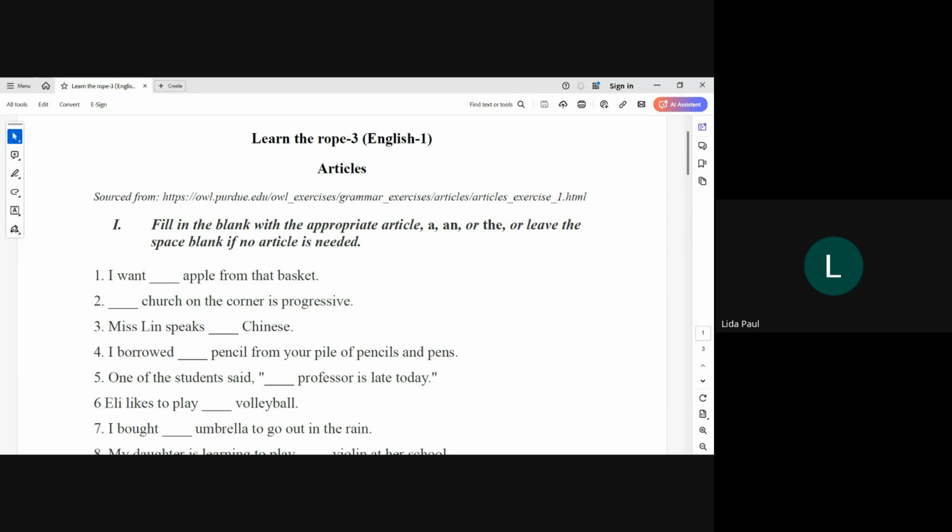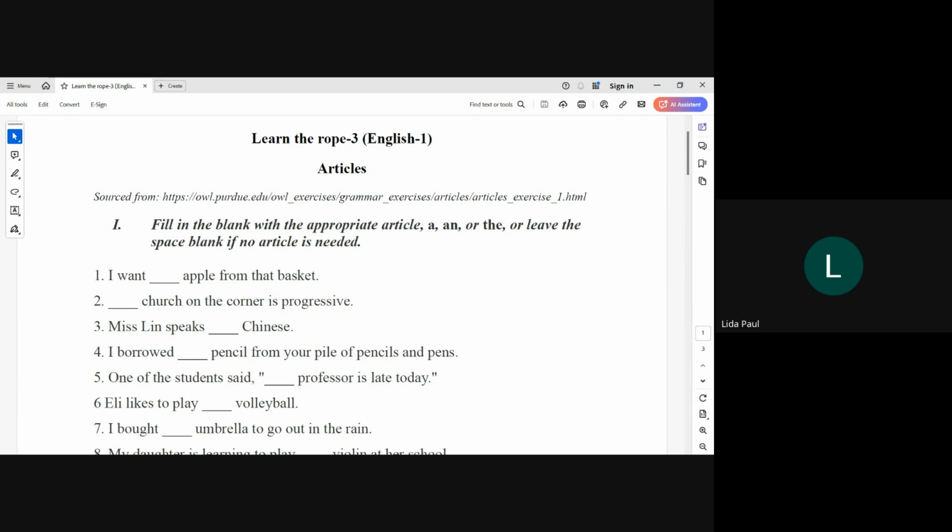To the best of my knowledge, we don't use articles in our languages, at least not the kind which are a... Mostly you won't find it. There could be some languages in certain language families within India which use articles. I am not aware of it. But largely, from the data, we do not use articles in the way they are